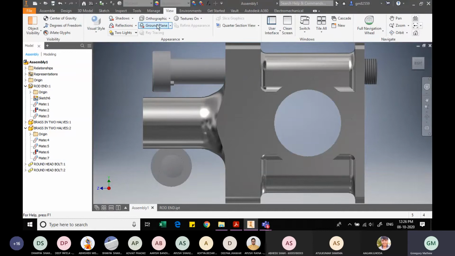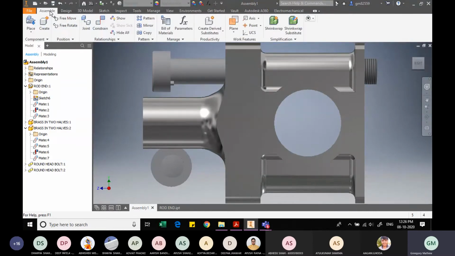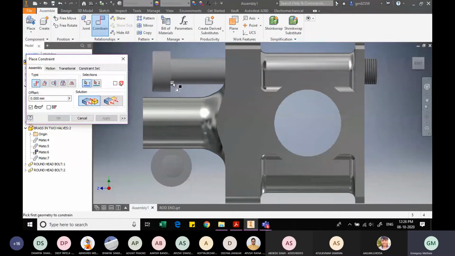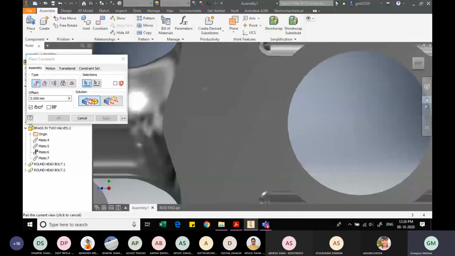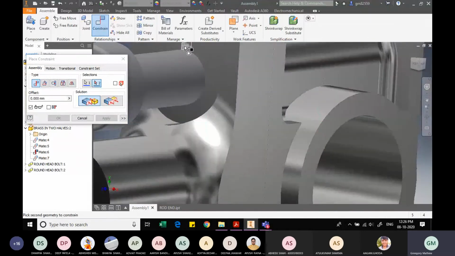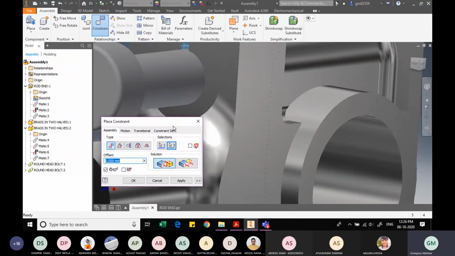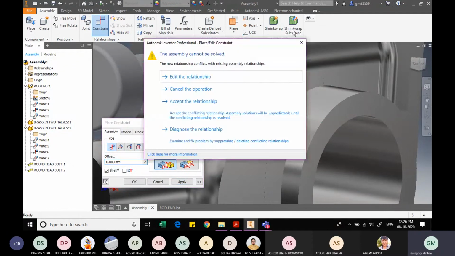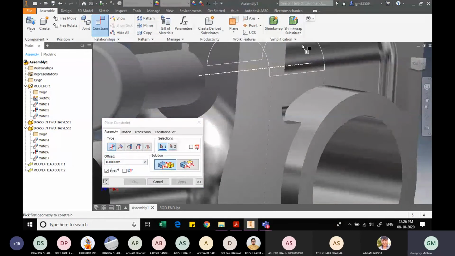So using the constraint option, assemble, constraint, selecting the face; it is not being selected. This face. There's still an error. We'll have to sort out where that mistake is. This issue generally occurs because there has been some error in the dimensions.